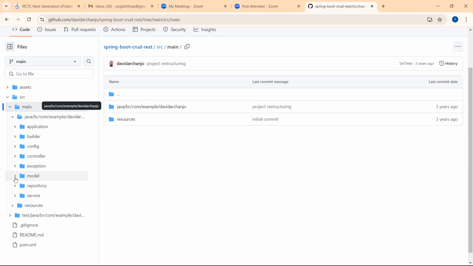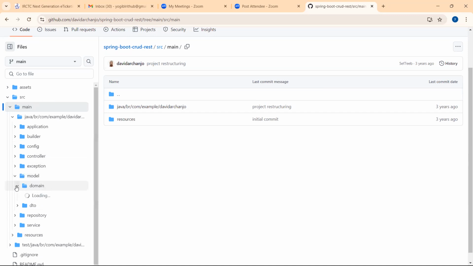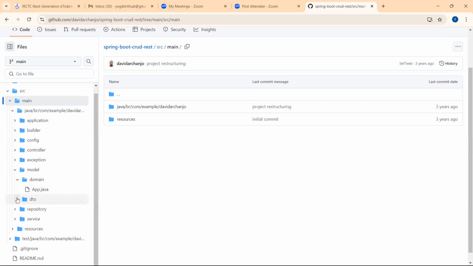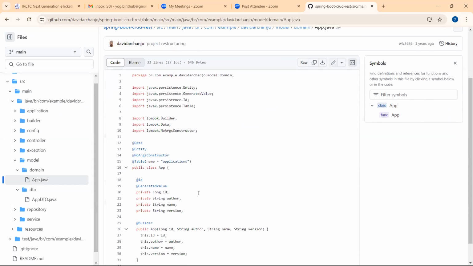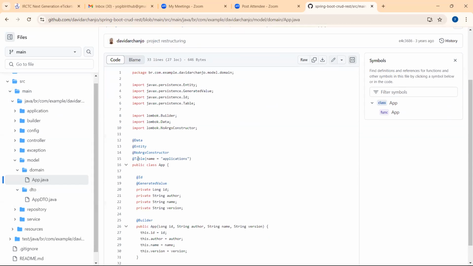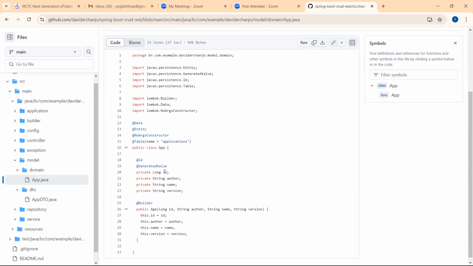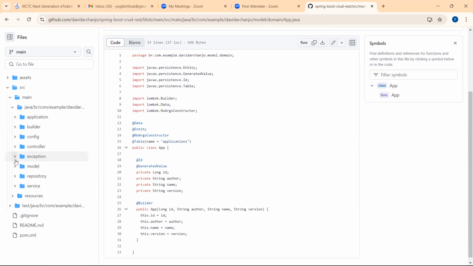For example, we can go to the model. In the model, domain object, this is a DTO object. Now here, what he is writing: at the rate data, at the rate entity, at the rate table, at the rate ID, see ID, name and all. If it is a database, no need for that. Model anyway we have done. After that, repository, what we did,